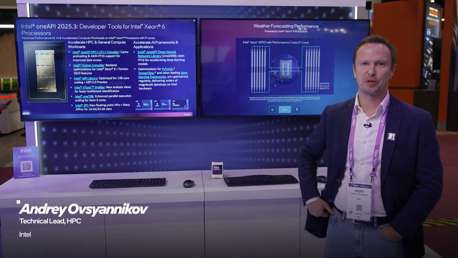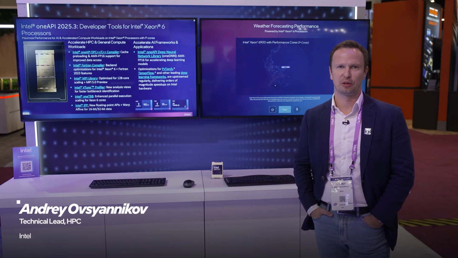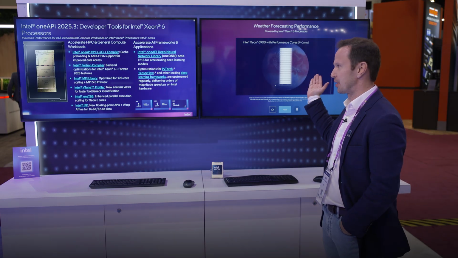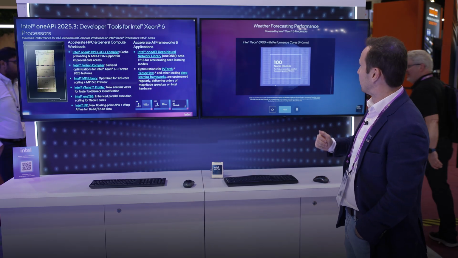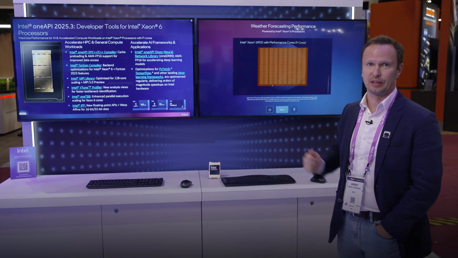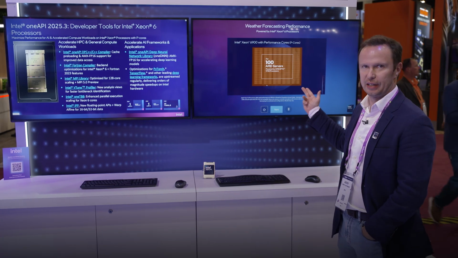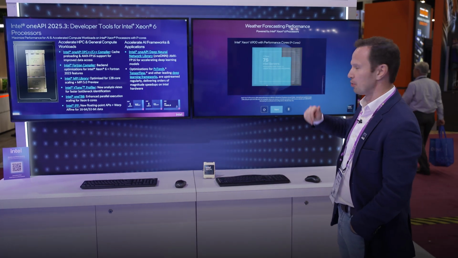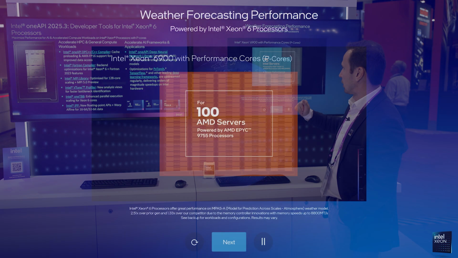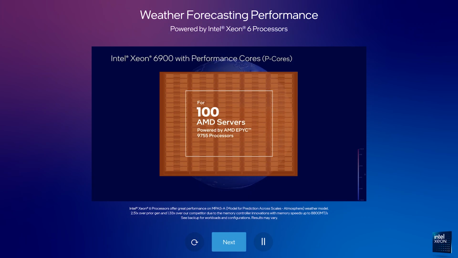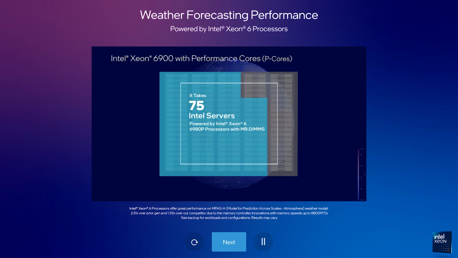I'm Andrey Ovsyannikov, HPC Application Tech Lead from Intel, and today I'd like to introduce our latest Xeon 6 CPU with MRDIMM memory technology. We are running a live weather forecast and climate model called MPAS-A on Intel Xeon 6 and also on a competitor solution. To achieve a typical forecast target, we need 100 AMD servers and 75 Intel Xeon 6 servers, which allows